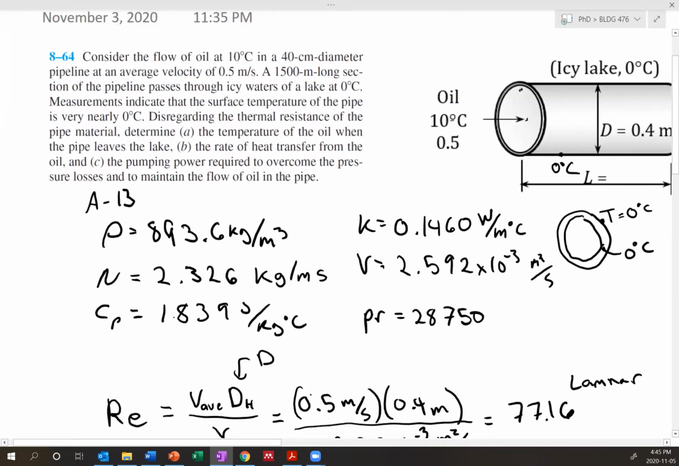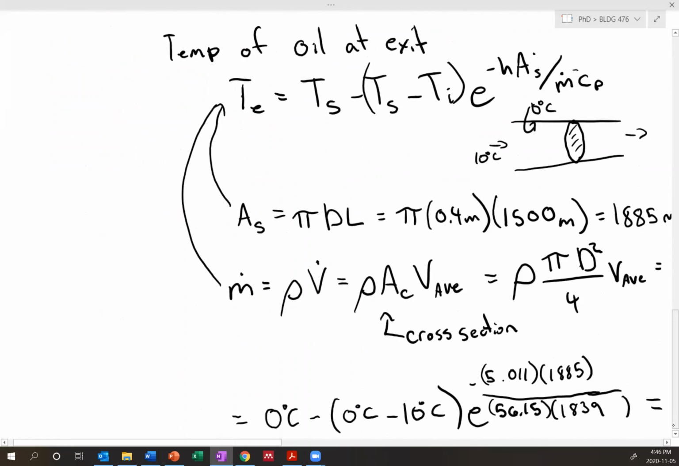Okay, so we found the temperature of the oil as it leaves the pipe, so now we need to find the rate of heat transfer of the oil. Sorry, this answer is not super clear. Okay. Perfect. And then the pumping power required to overcome the pressure drop. Okay, so now here,